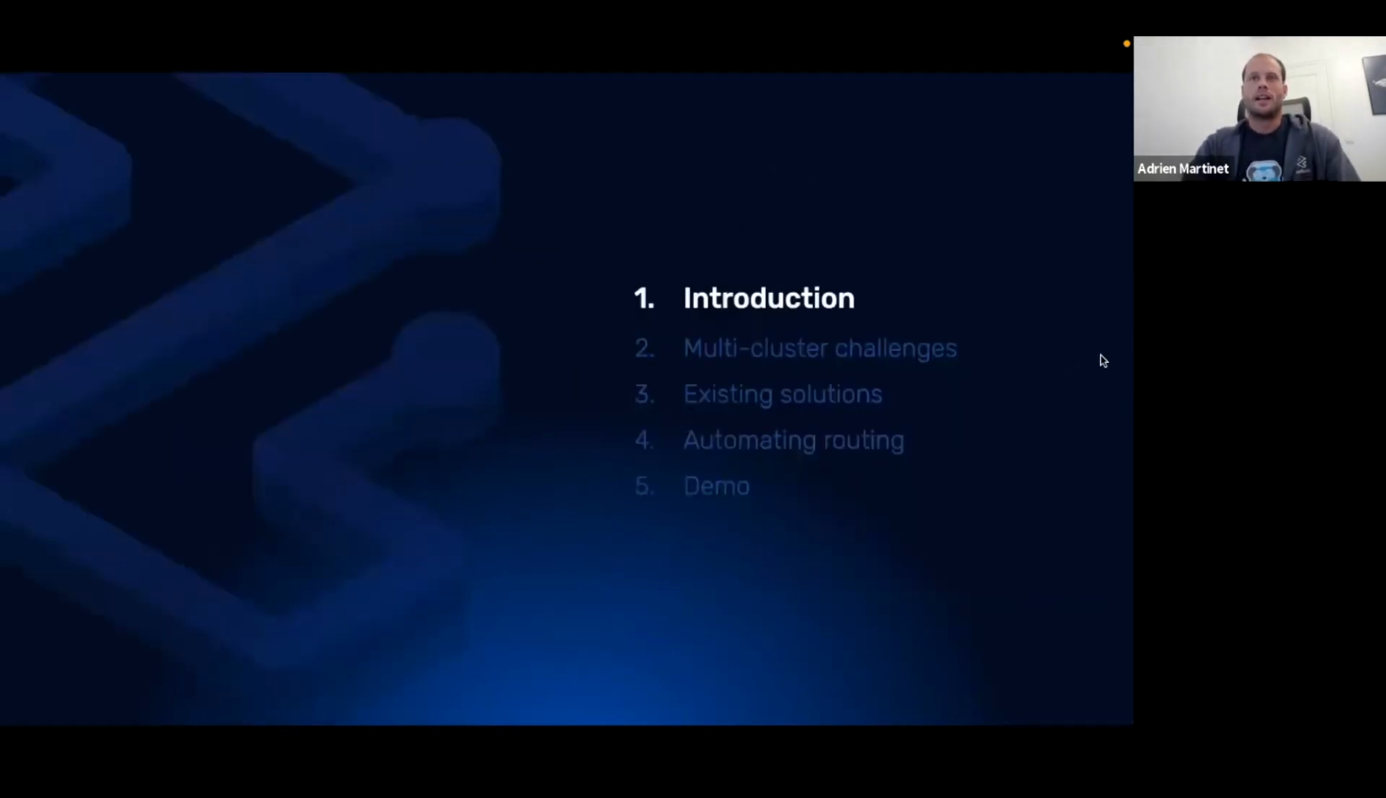All right. So what is the agenda for today? First we are going to give a quick introduction of ourselves, and then we are going to review the multi-cluster challenges associated with running and managing a multi-cluster setup in regards to the networking. We are then going to check the different options that you have in order to manage multi-cluster routing. We are going to see the pros and cons of the different options, and finally we are going to